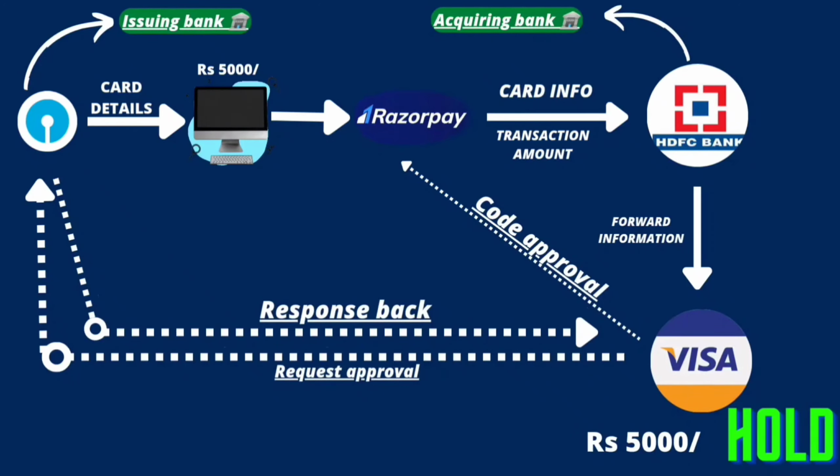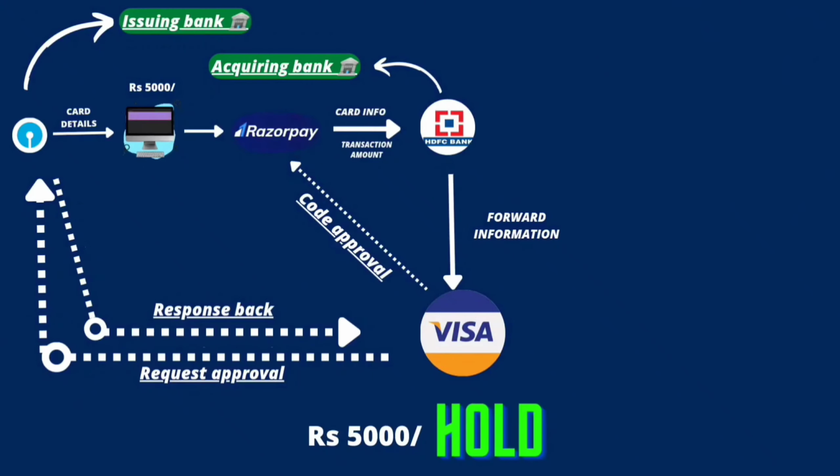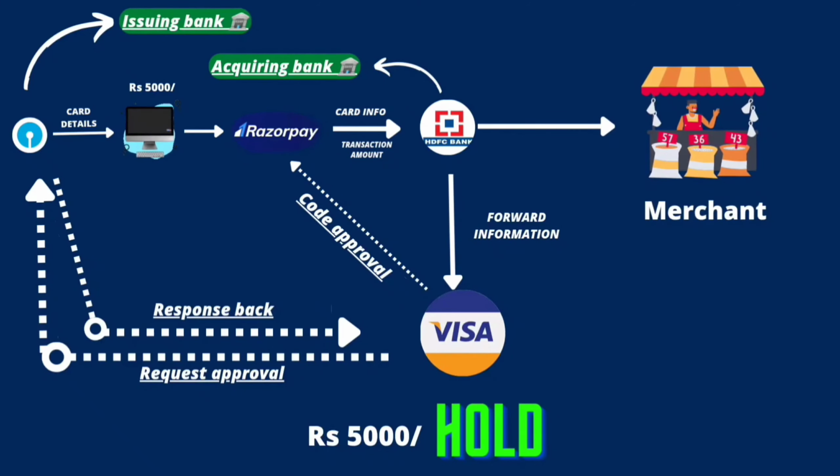Then Visa sends the approval to Razorpay, which is the merchant payment processor, and then Razorpay sends the approval to the acquiring bank, that is HDFC Bank. Then HDFC routes the approval code to the merchant terminal depending on the merchant transaction type. This is how the transaction has